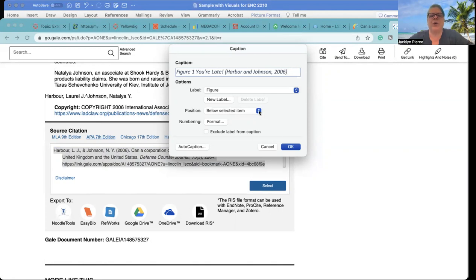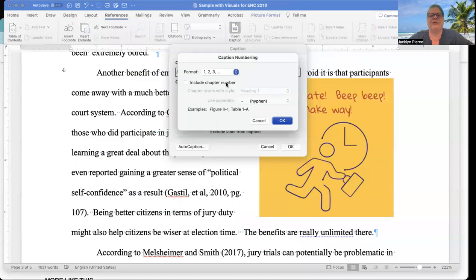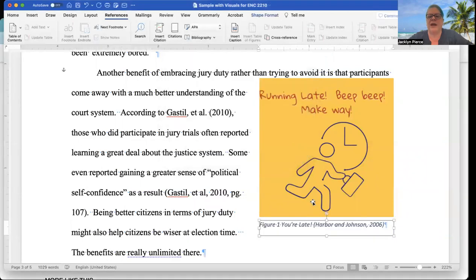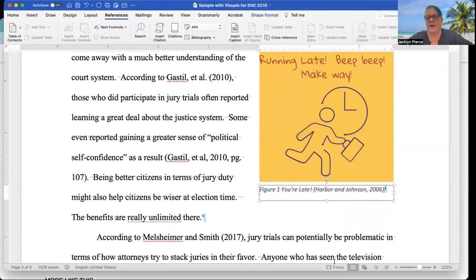I can pick where to put it. I can put it above the selected item. I prefer them below, but that's okay. For formatting, I could change it from numbers to letters. There's all kinds of things that I can do with it. I'm just going to leave it the way that was with Figure 1, and I'm going to click OK. And now it has done it for me. So this was what I kept scrambling around trying to find in the previous video, but here it is for real this time. And I will save this again and put this with this video